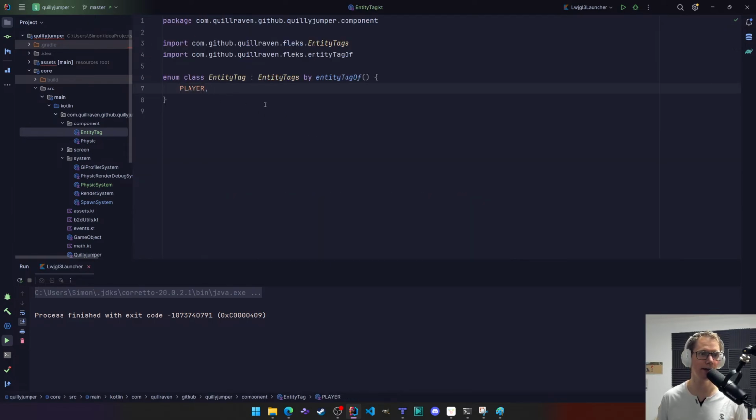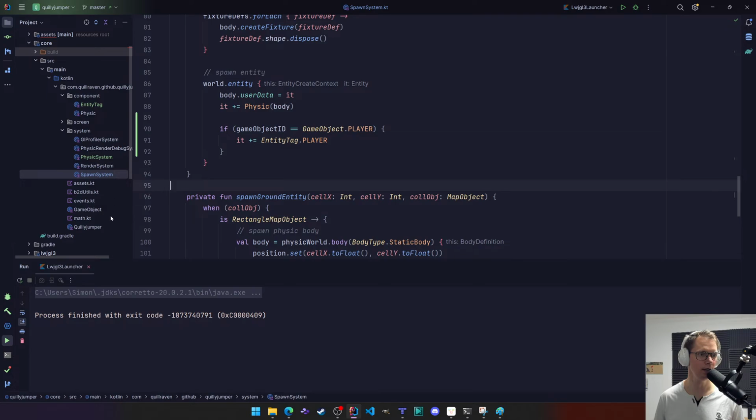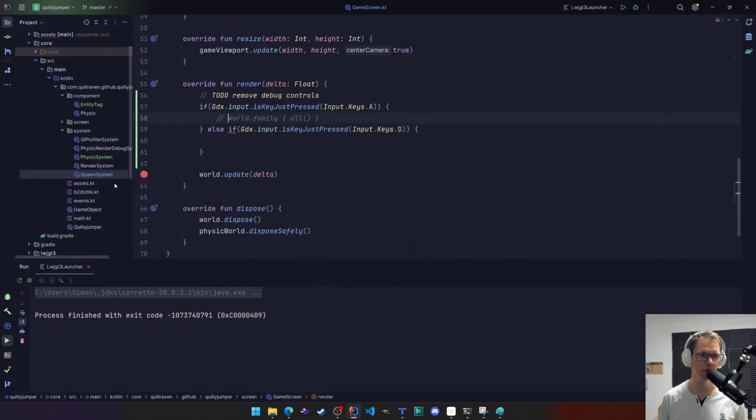So if you also need another tag, like for example, if an entity is visible or if it is invulnerable or whatever, it's as simple as adding here an additional enum value and that's it. So this tag functionality was also proposed by someone in the repository, and it is very convenient for such things. So we have now our player, which gets tagged with the player entity tag, and that gives us the possibility that we can get here all entities which have the player tag, and for all of them,